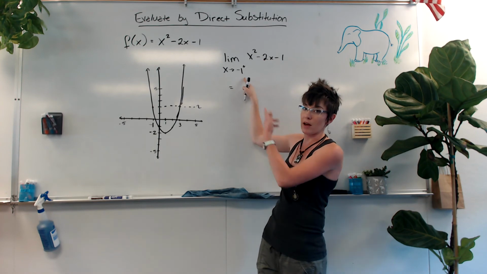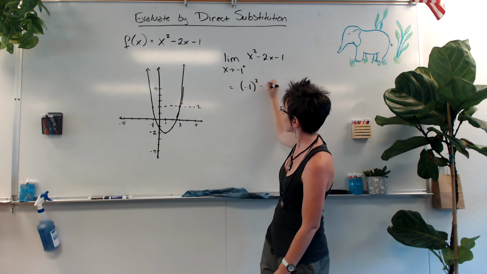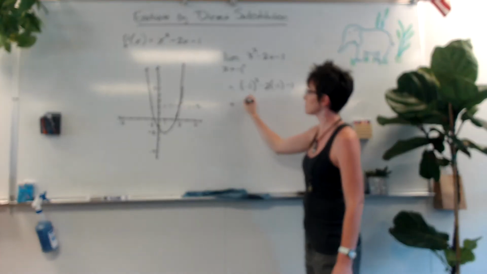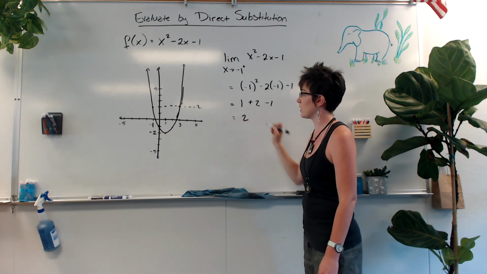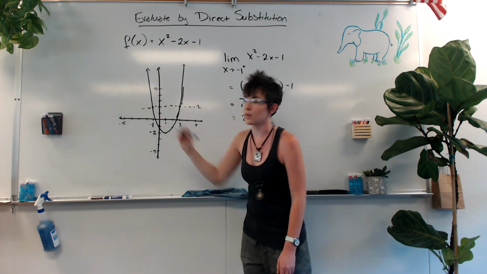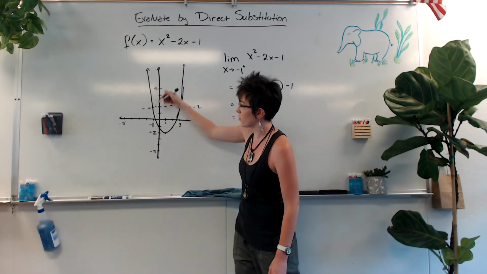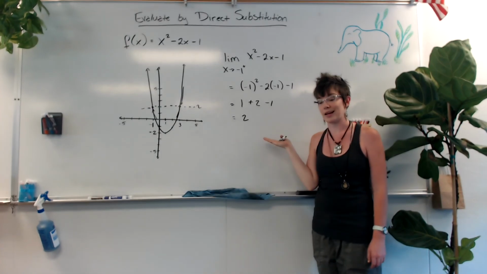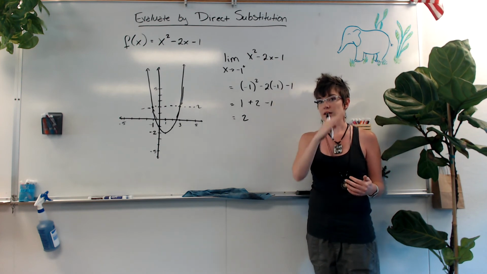When you actually plug in the value, you no longer have to write this limit notation. And then simplify. So this becomes 1 plus 2 minus 1. And that gives me the value 2. So over here at -1, I get that same y value back. Just symmetry of my parabola defines this as being a 2 as well. And so from the right-hand side, I know that the limit is going to be a positive 2, because that's exactly what the function value is, and this function is very well behaved, everything kind of works together and acts